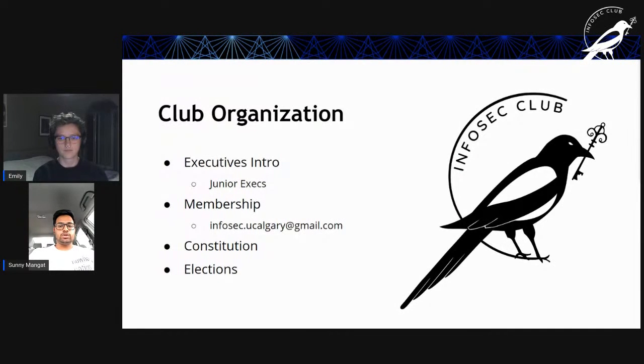Apart from that, you also get early announcements to our new events, and you also get early registration to our Magpie CTF, which is our very own CTF. You'll know more about that soon. In order to be a member, you can e-transfer us $10 to the email, as you can see on the slide right now. And it does take us about 24 hours to process the membership fee. In case you don't see a role on Discord saying premium member after 24 hours, just hit me up on Discord and I'll figure it out for you.